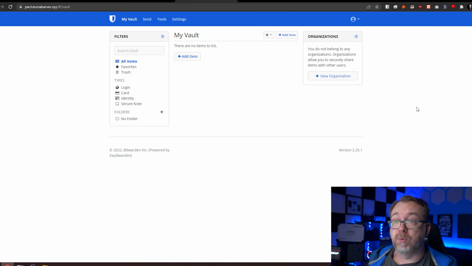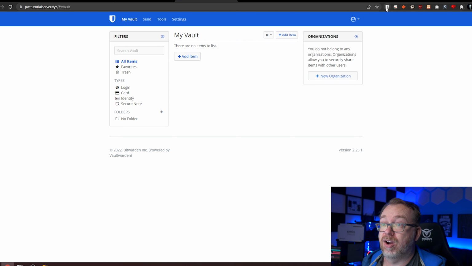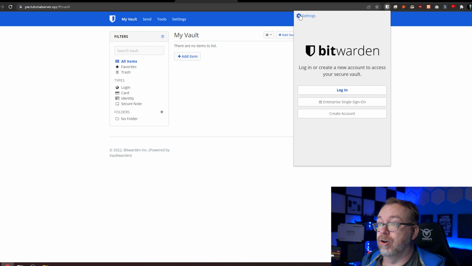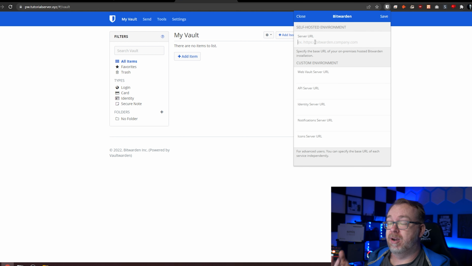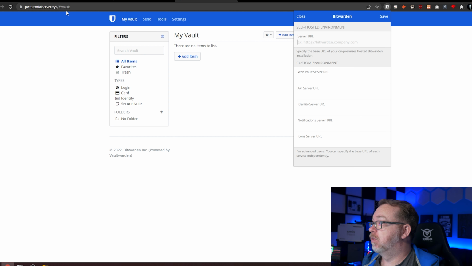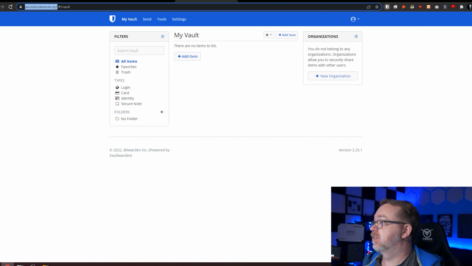Once you have that installed, what you should see is something that looks like this icon right here. We're going to click that. We're going to click the little gear right up here. And then the next thing we're going to do is type in our server's web address. So in this case, pw.tutorialserver.xyz. In fact, to make this easier, what I'm going to do is I'm just going to copy this,